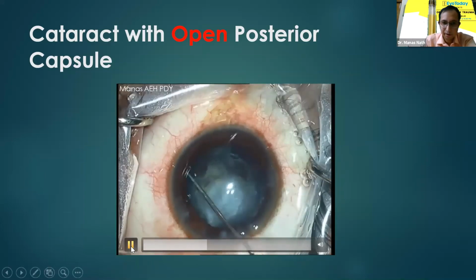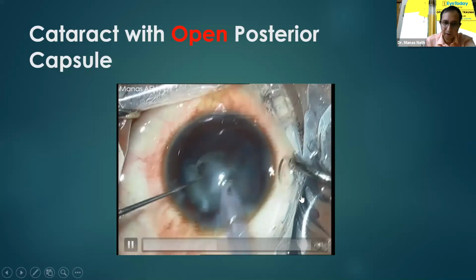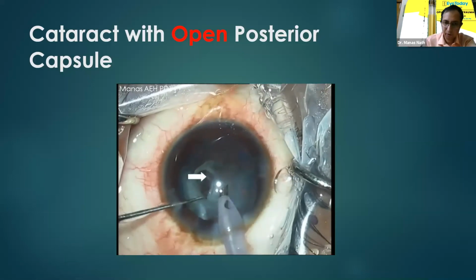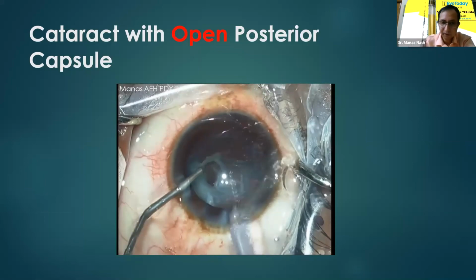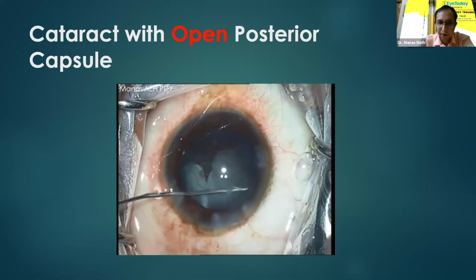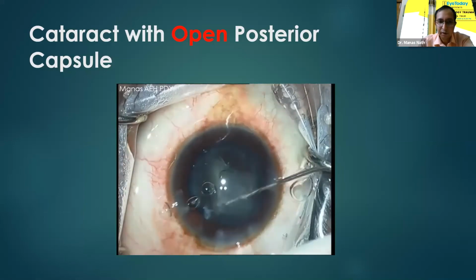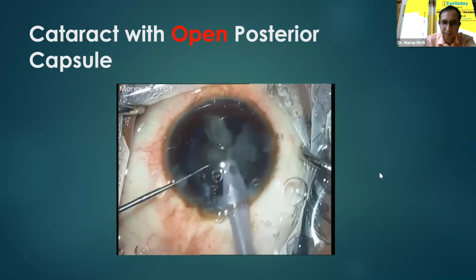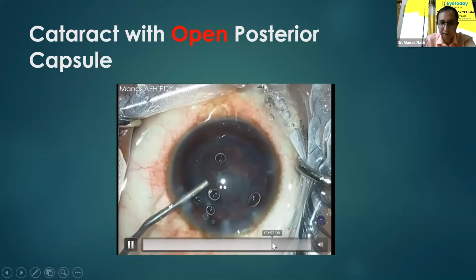And then the soft cataract will be emulsified with low parameters. Once the posterior capsule opening was visible, I will put viscoelastic to tamponade the area. And the remaining nuclear material is viscoprolapsed out of the bag to a safe zone in the pupillary plane and will be emulsified with low parameters. Never allow the chamber to collapse here.